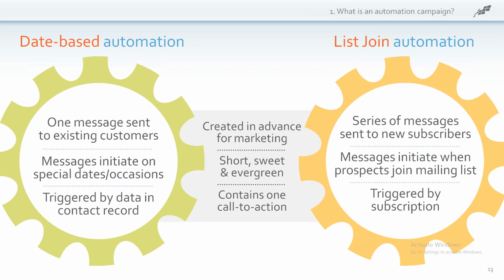What they have in common is that they're created in advance and are intended to always be valid, or evergreen, so the contents don't become outdated. That's the key. You cannot create your autoresponder series with information that is not going to be evergreen. Evergreen means that it will always be active type of content. I can't send out an autoresponder series with all of my events listed for January, when obviously if someone subscribes to the list and they join in March, they could care less about what I had going on in January. So this is an important part.